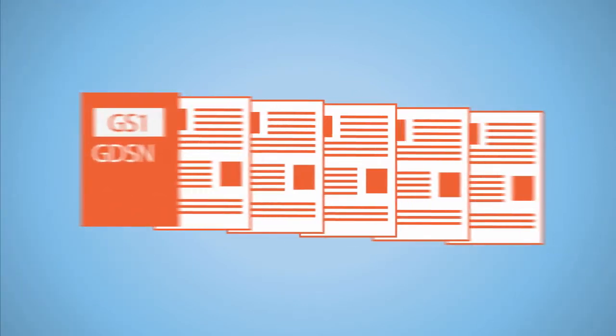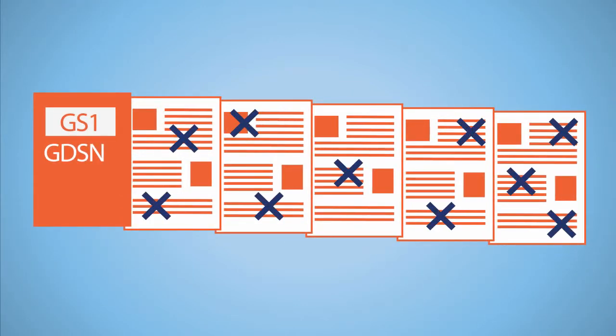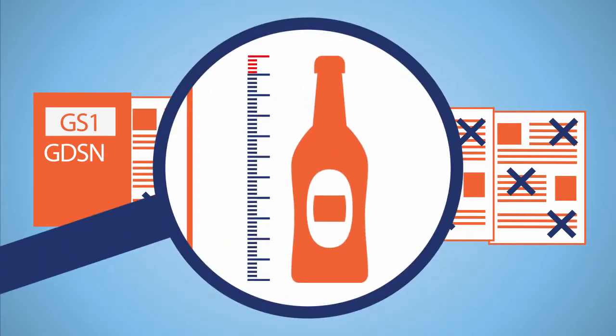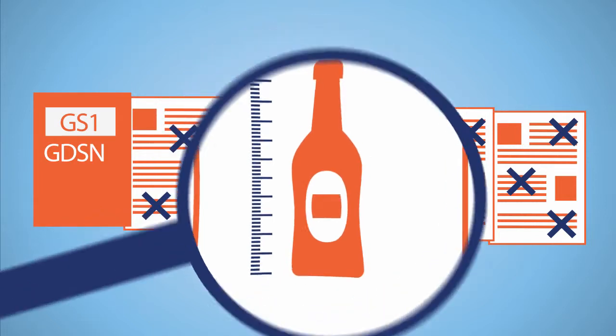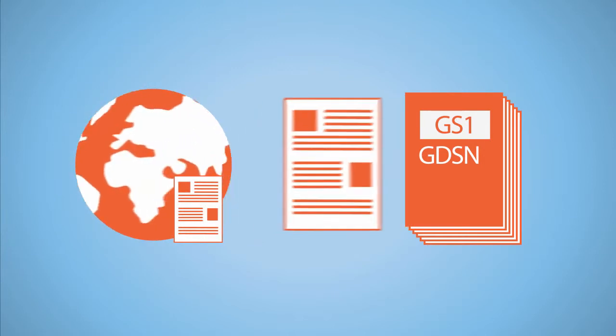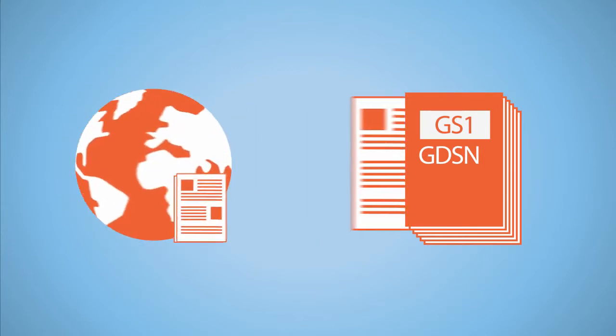Unfortunately, many mistakes are made when determining the right way to measure products. This leads to discrepancies between values entered into the network and the actual measurements of a product. The GS1 package measurement rules have been developed so that product measurements are determined and interpreted the same way all